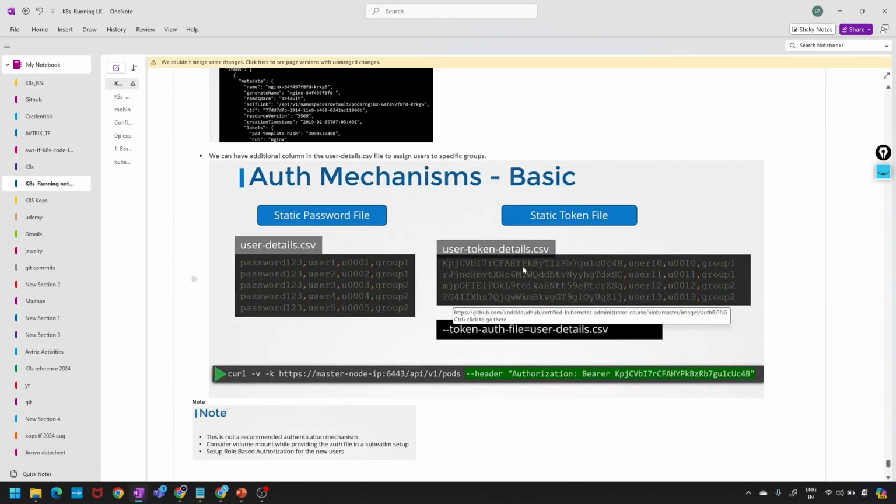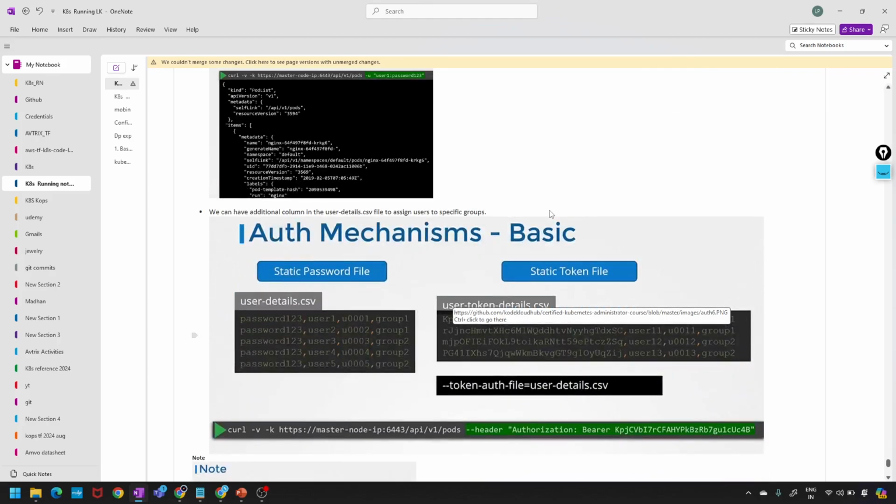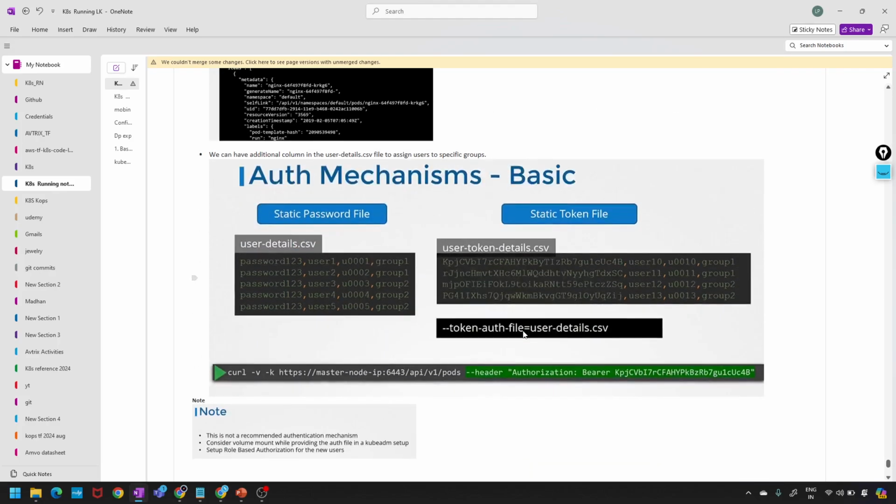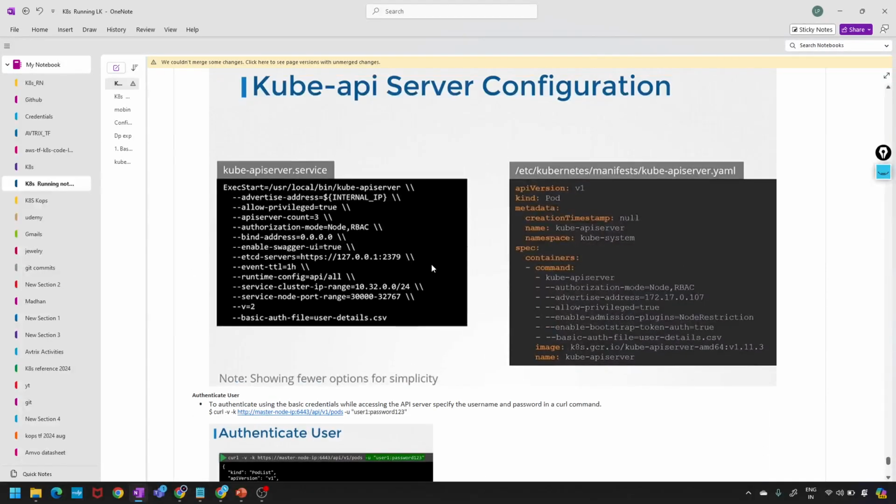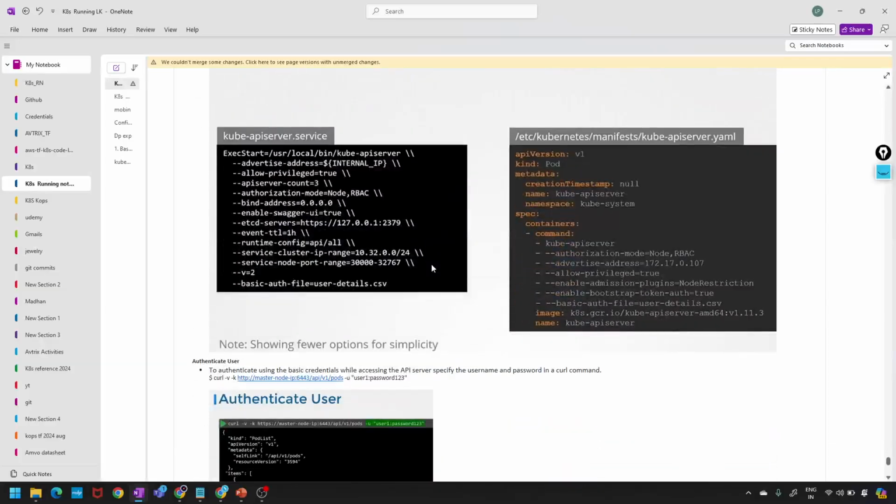Yeah, this one, correct. So that's all, guys. I'm just giving you some introduction about security. Try to understand what exactly a .csv file is, what a static token file is, what a static password file is. You just need to understand these terminologies. I don't want to club everything together, so that's why I'm explaining these things one by one. So how to write the manifest file: like this,